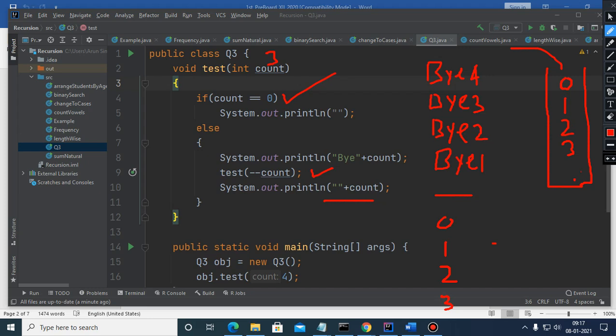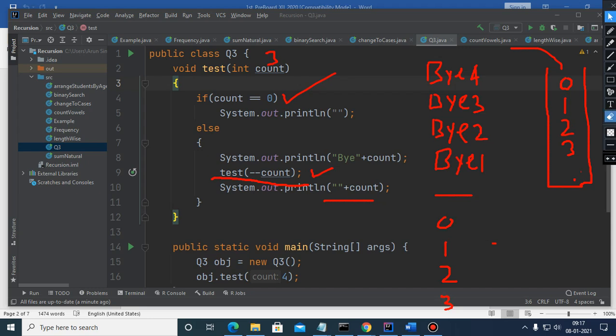This is very important. Children, here you can see that we have written these two statements, minus count and the function call together, but these two statements will get executed independently. So before the function call, the value of count will change, and that changed value will get inserted in the stack.